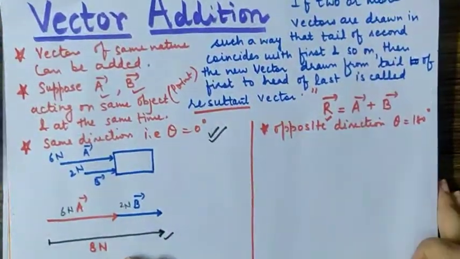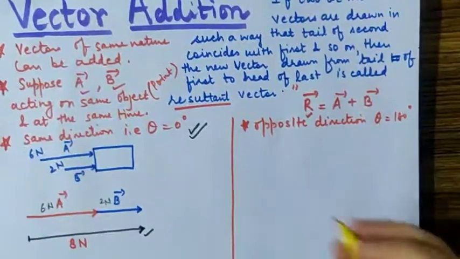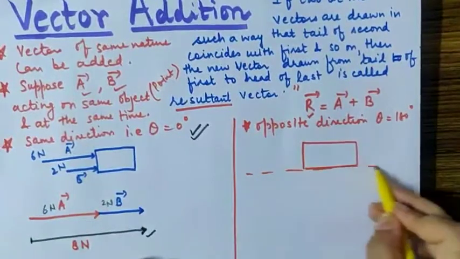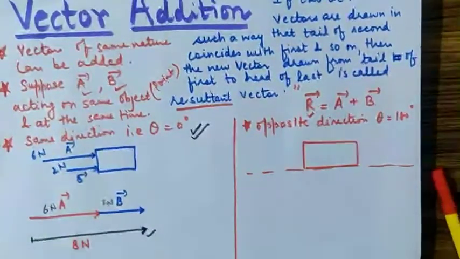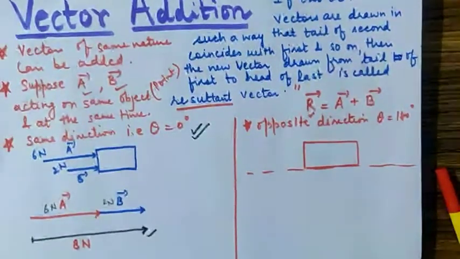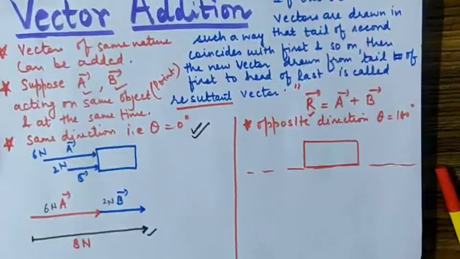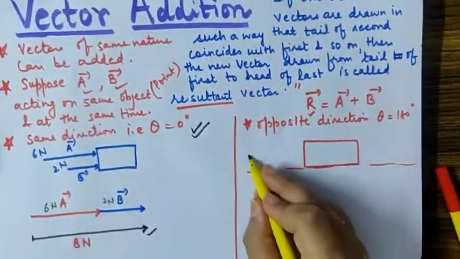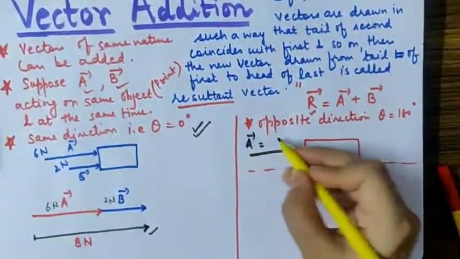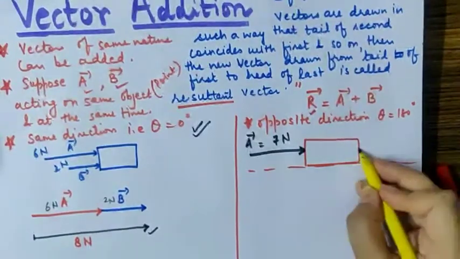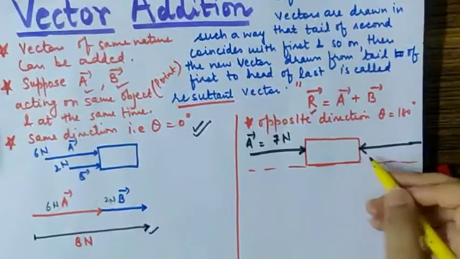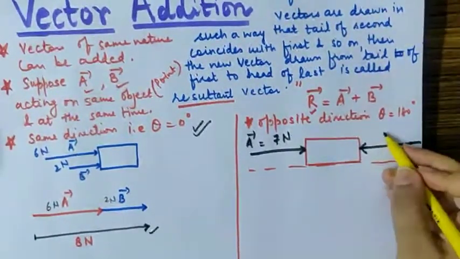Now let's see what the case will be if they are acting opposite to each other. So drawing the diagram again, let this be a block. Most of the time I am considering the vectors to be forces. This law is easily and in the same way applicable to any other vectors also. So we are considering force because it's easy to show the forces. So let this be the first force, A vector, and suppose A vector is 7 Newton. And another vector is acting on this body, and the line is not so large, so I might write it to be say 12 Newton.